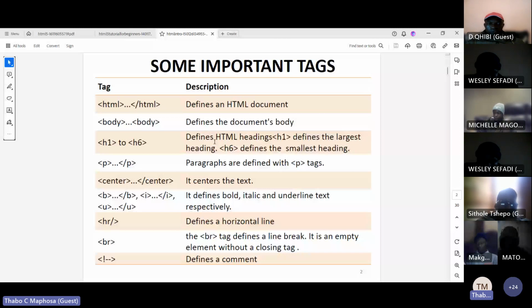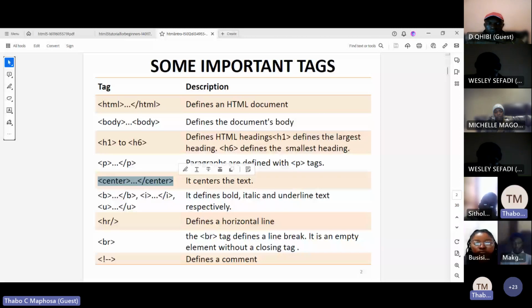And then you've got the paragraph formatting. Any paragraph that you write in HTML has to be within the paragraph text, that is the open P tag. It has to be between these P tags. Then center, notice, this centers the text. And then B means bold. I means italic. U means underline the text that you're working with.